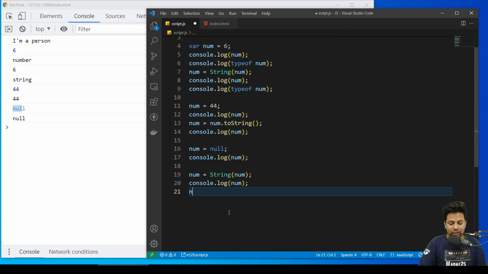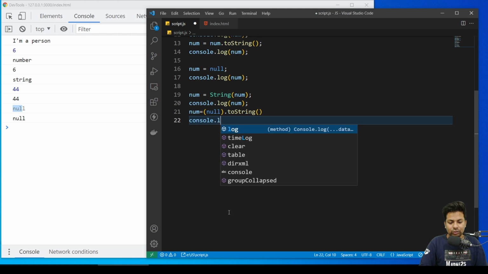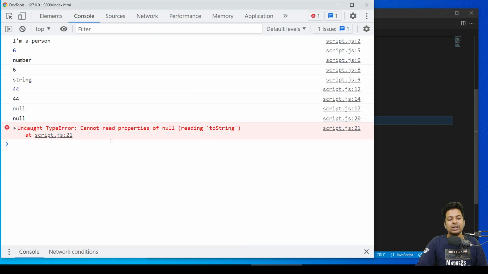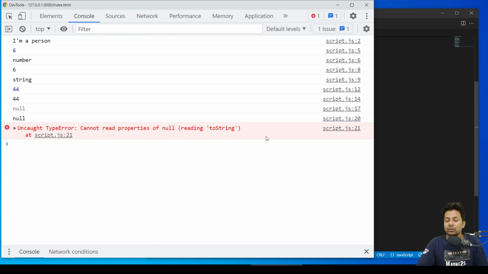But if you do the same with num equals null, and directly I'm doing null.toString(), I'll firstly put it into brackets, then .toString(). Now if I console.log num, it's showing an error, cannot read property of null. So String converts everything, whatever you give, null, undefined, but .toString() can't convert everything. See, here it's showing it cannot convert null.